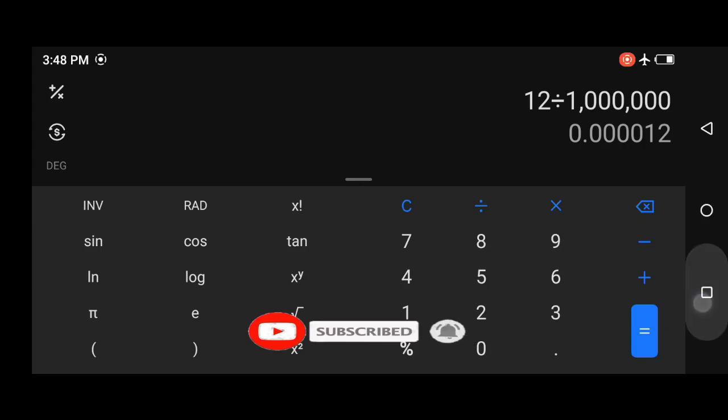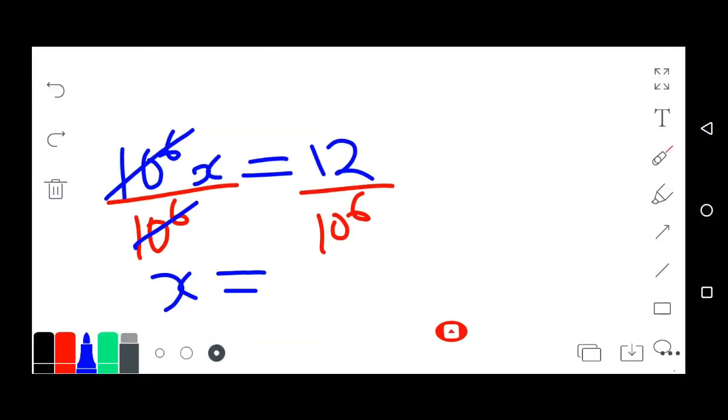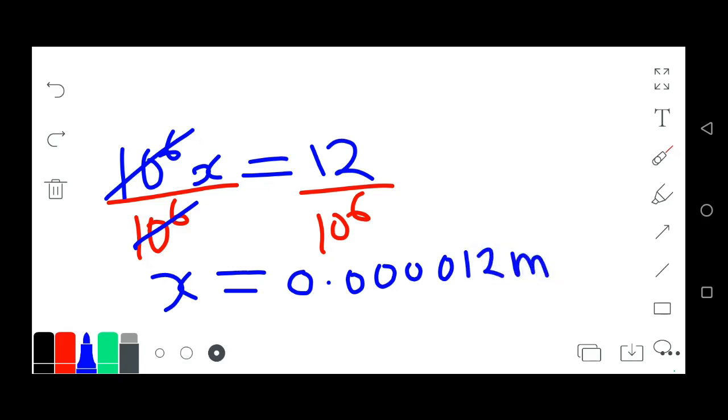Okay. So this is going to be 0.000012 meter cubic. So this is the answer,